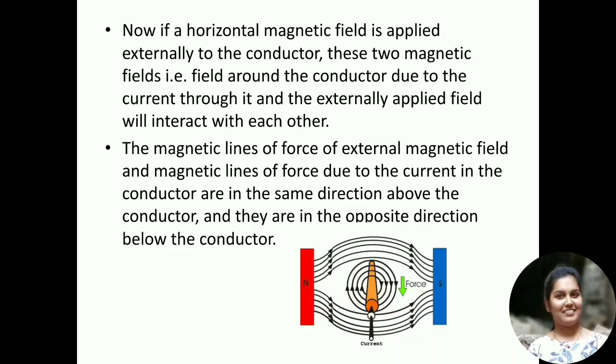Hence, there will be a larger number of co-directional magnetic lines of force above the conductor than below the conductor. This we can see in the diagram that is displayed on the screen. So consequently, there will be a larger concentration of magnetic lines of force in a small space above the conductor. As magnetic lines of force are no longer straight lines, they are under tension like stretched rubber bands. On the upper and the lower side, the lines look just like stretched rubber bands.